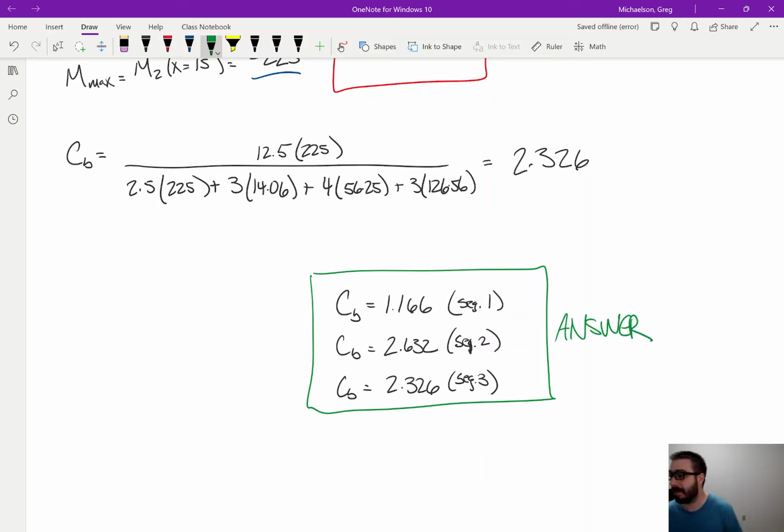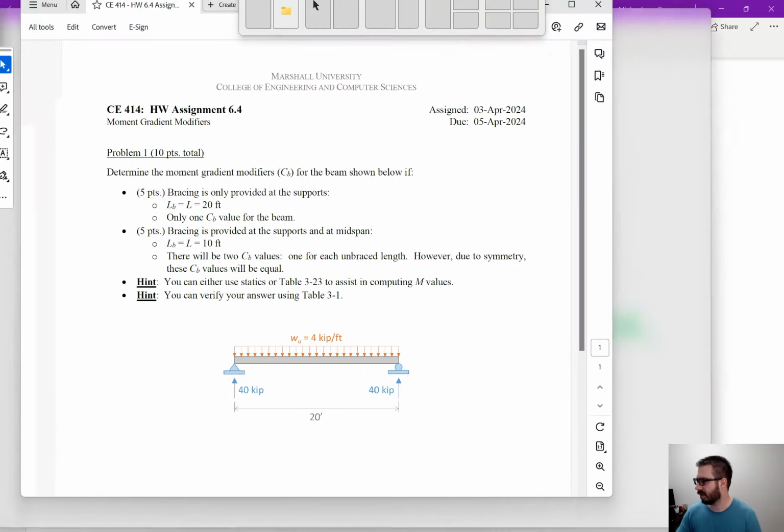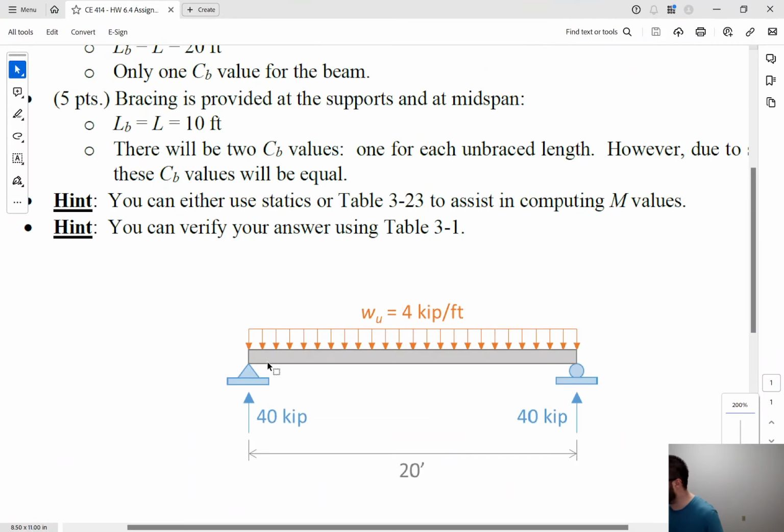Okay. Now, I know we're cutting it close. I know we're getting kind of short. So I do want to mention one thing. I'm going to try and give you a little bit of a hint on this homework assignment. So this is the homework assignment right here. And so I want you to do